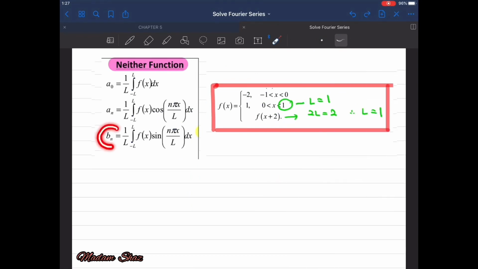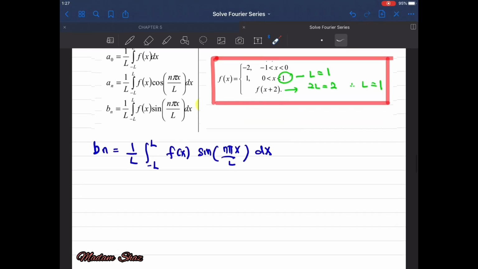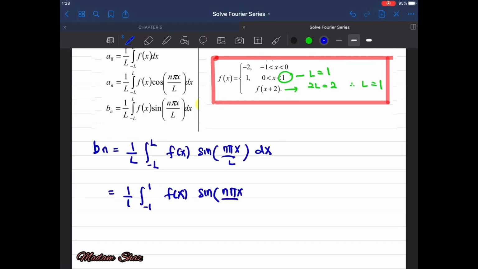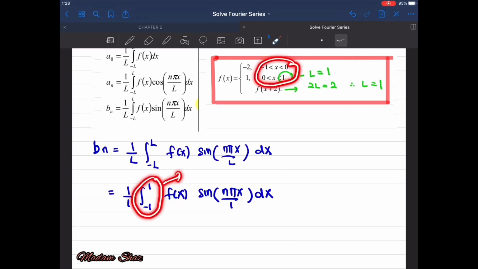So for the next Fourier series coefficient, Bn is equal to 1 over L integrate from negative L to L, f(x) multiply with the sine. So copy down the formula. The same step, we have to substitute the value of L become 1. 1 over 1, negative 1 to 1, f(x) sine n pi x over 1 dx. So the limit here from negative 1 until 1, whereby to separate